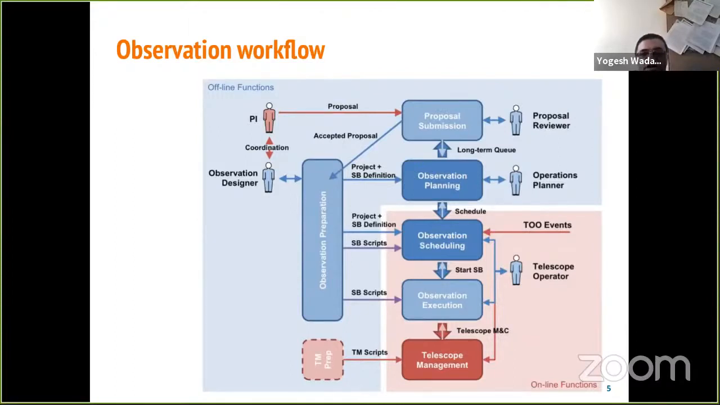During the observation scheduling, there is an arrow in red which says TOO events. These are target of opportunity events. These are special events, maybe a gamma ray burst went off or a supernova went off and so on, which you want to be observed immediately. And then that can feed into the observation scheduling and may require some changes in the scheduling blocks that have been prepared. Once the observation goes for execution, the actual execution is carried out by the telescope monitoring and control system,